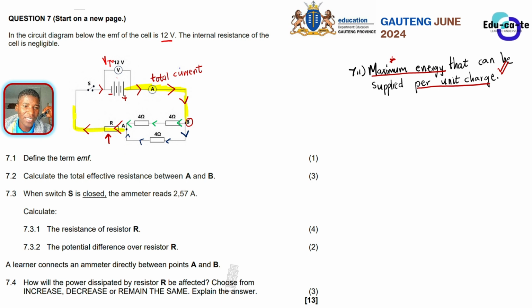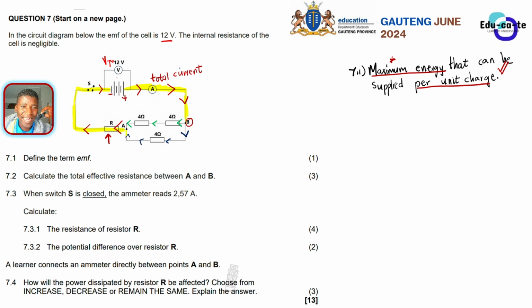So we highlight that part. All of this part is receiving the total current, provided that this switch is closed. So now this actually forms our series part of the circuit. This one highlighted in yellow, we say is the series part of the circuit because the current has not divided then.